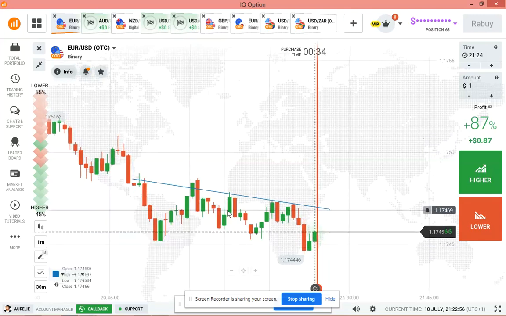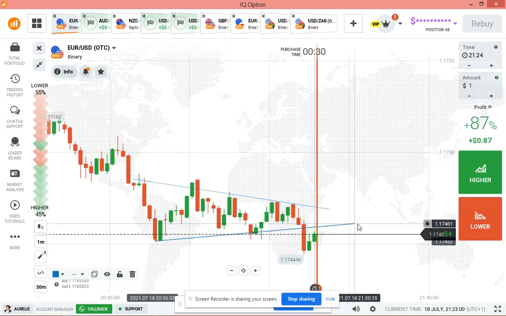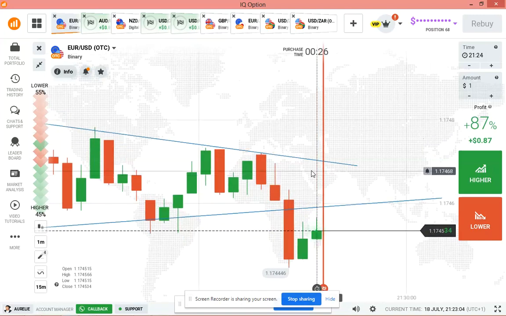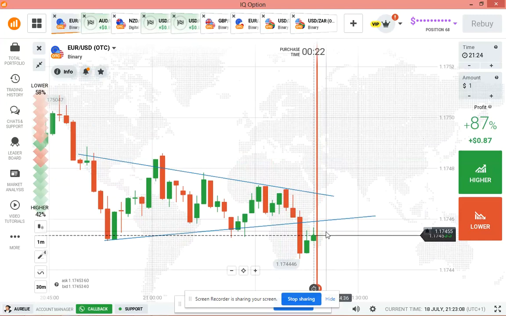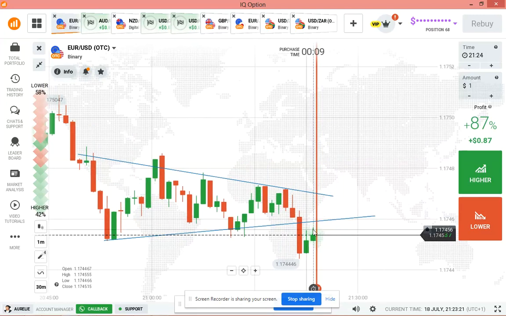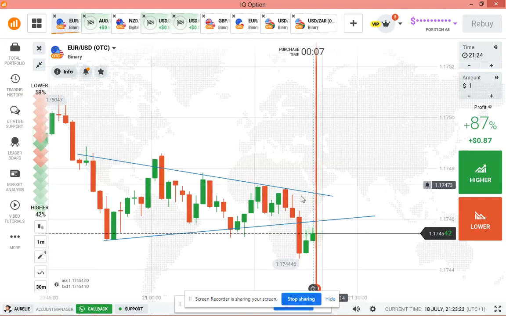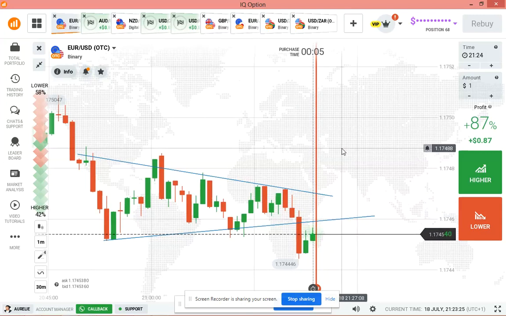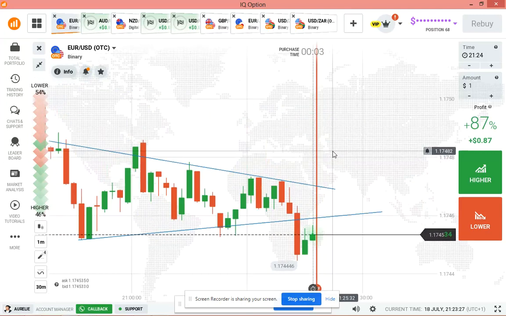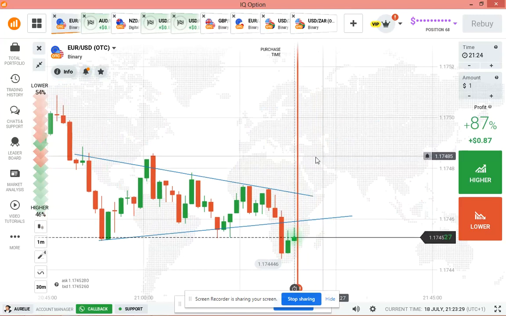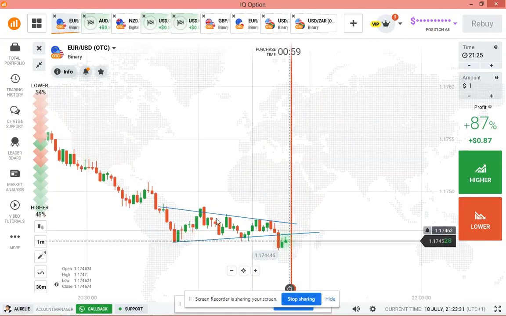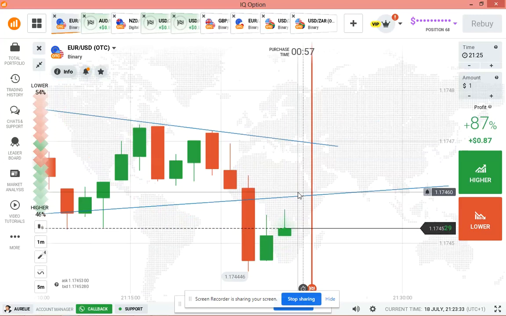I have first observed one of my favorite patterns, which is this. So the first thing I have to do is expect the price to come close to this level. If the price comes close to this level, that is when I have decided to go with sellers. Okay, so this is what I will observe first, because it gives me a continuation pattern.